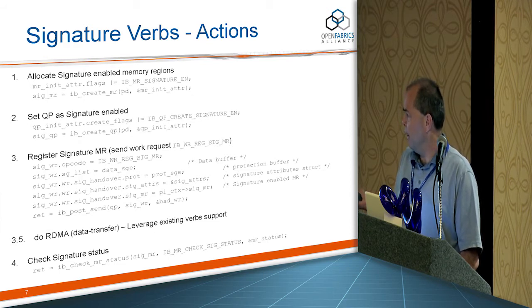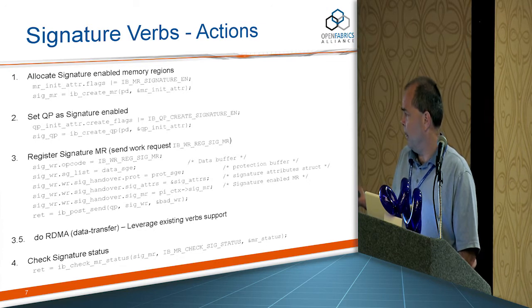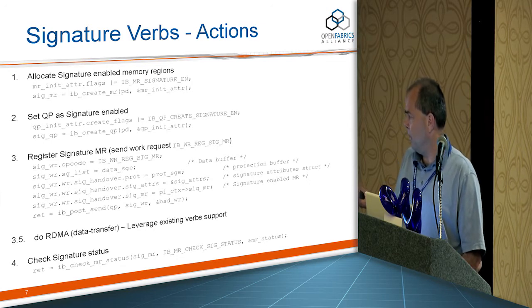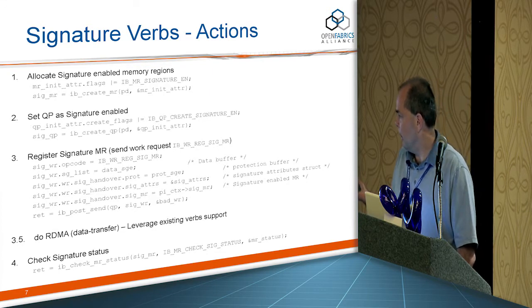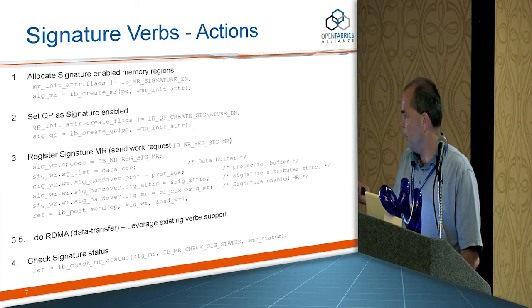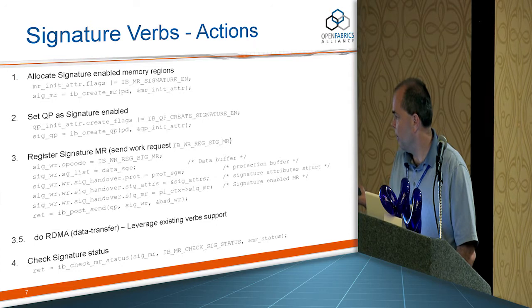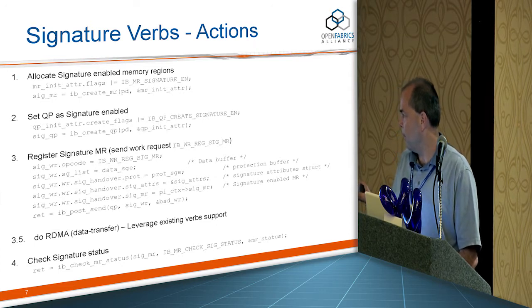You provide the data, a memory key describing the data that's going to be transferred, the type of protection capabilities that will be provided. That is, it describes the protection buffers, the attributes for the signature, and basically enables